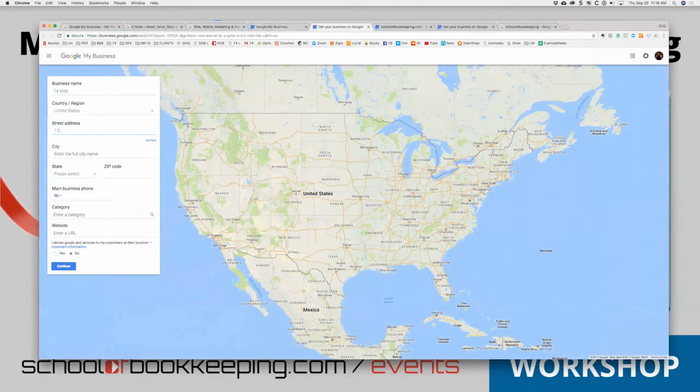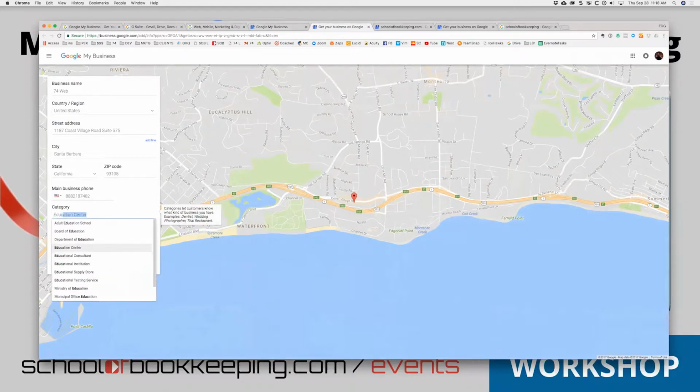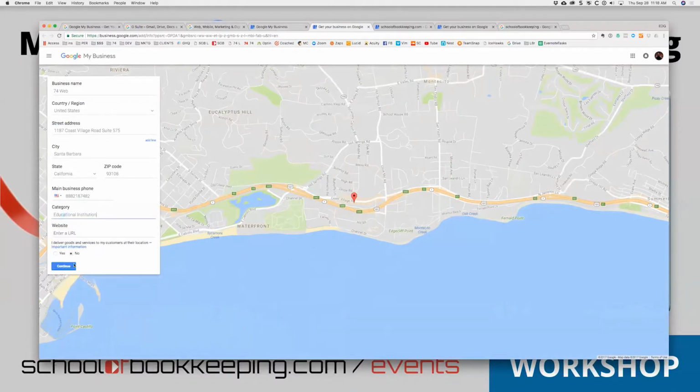And that one has a street address of 1187 Coast Village Road also. Suite 575, or you can put it down here as in the add line. That's actually new. Santa Barbara, you can see it's starting to show it on the map. California 93108. I think I've already done this one, so it'll be interesting to see if it lets me. I'm going to type in my phone number, which I have just for this purpose. Category, let's call it education. URL, no, I'm sorry, not for that. We want that to be web design. There we go. And the URL is